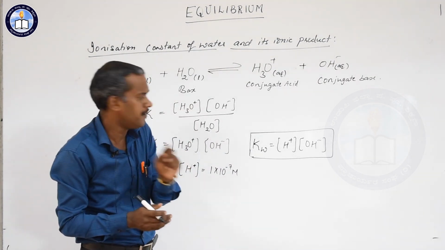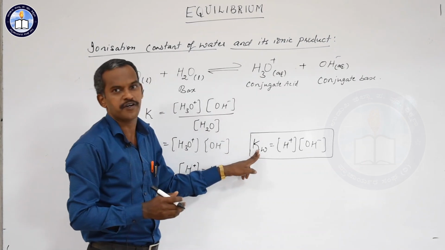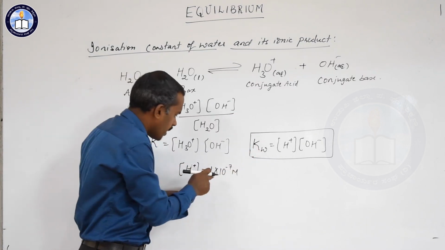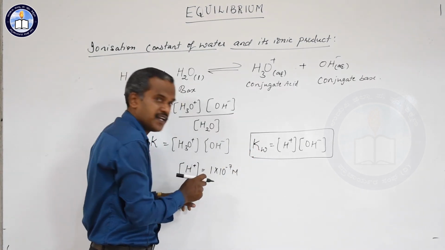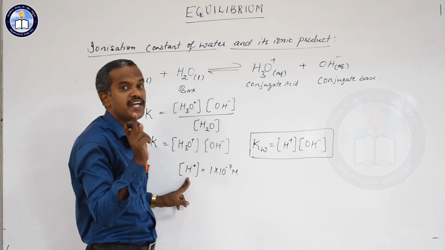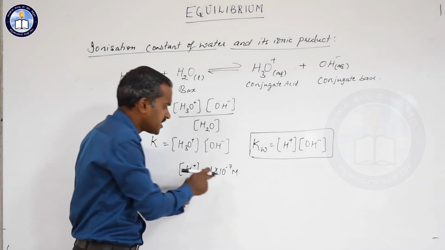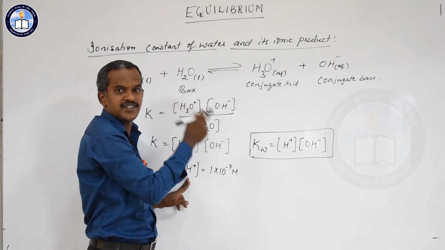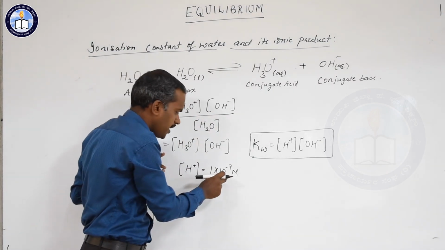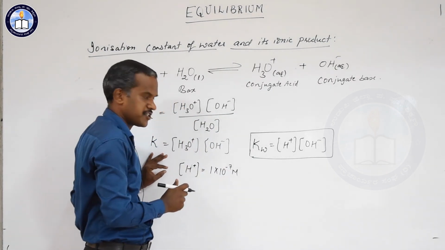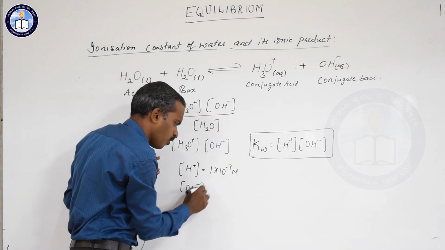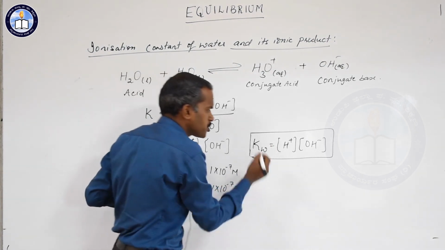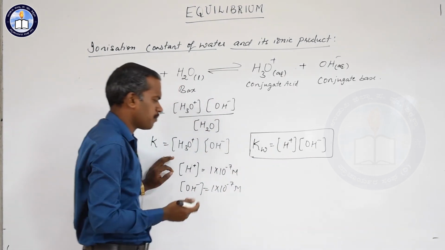Students, you must remember here, the ionic product of water depends on the temperature. The value I told you, 1 into 10 to the power minus 7 for H plus, is at 298 Kelvin. That point you have to remember. Being an equilibrium constant, it is temperature dependent. The concentration of OH minus is also the same, 1 into 10 to the power minus 7 molar. In place of H plus you can write H3O plus also.